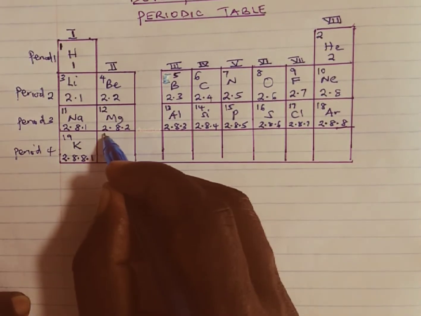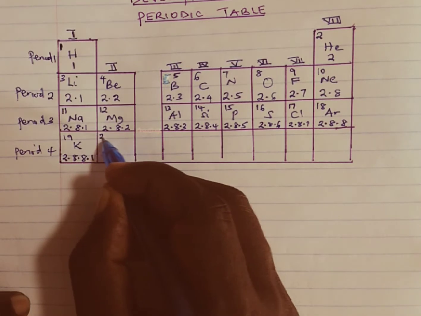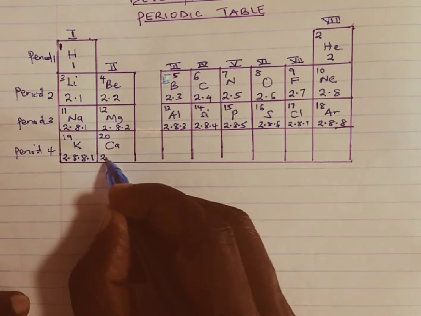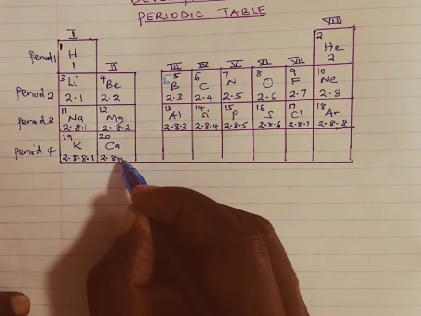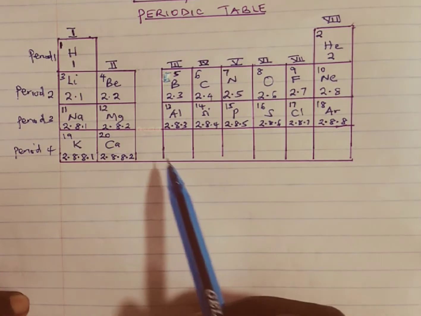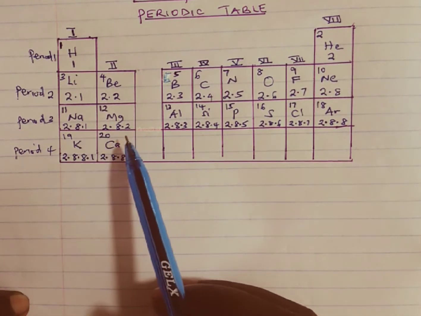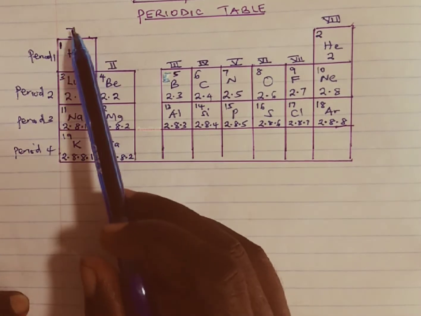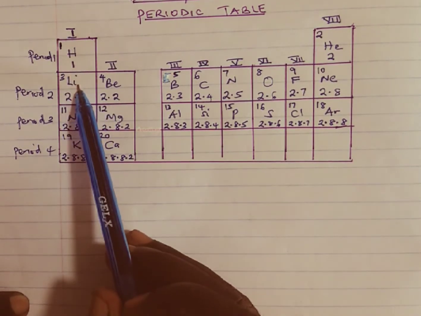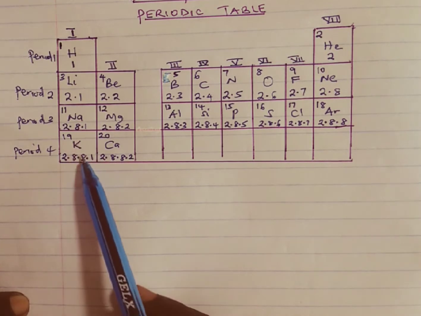We have lastly number 20, which is calcium with an electron arrangement of 2, 8, 8, 2. So you can realize from this periodic table that the first group has hydrogen, lithium, sodium, and